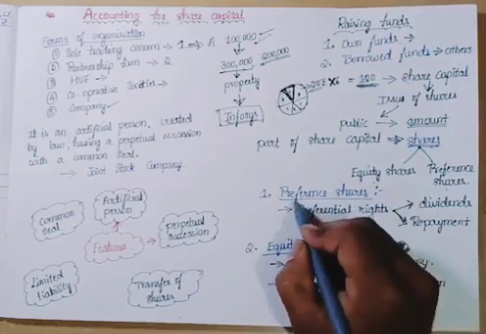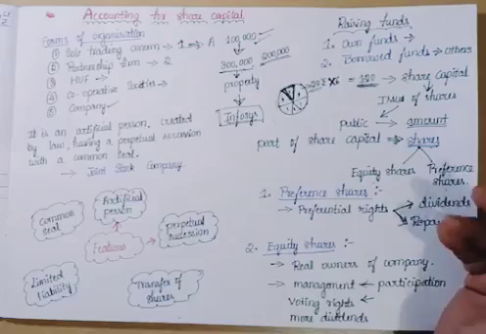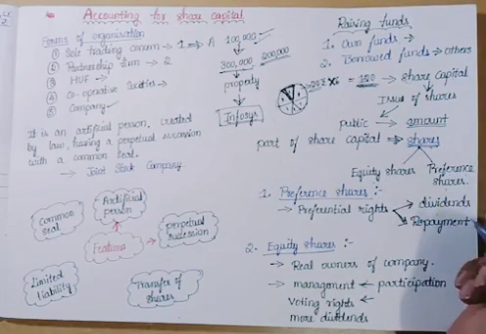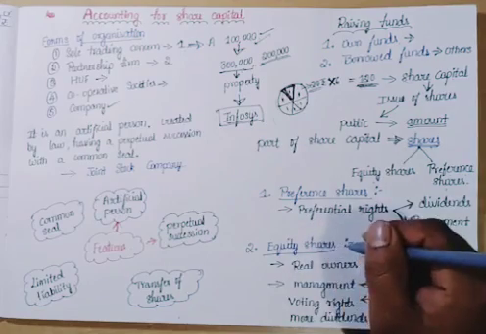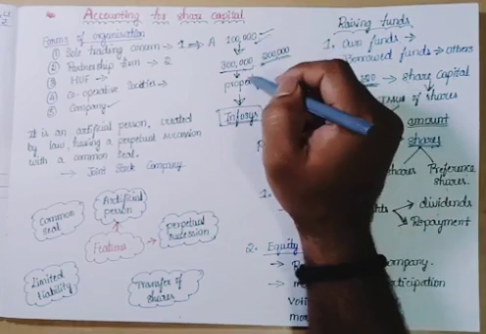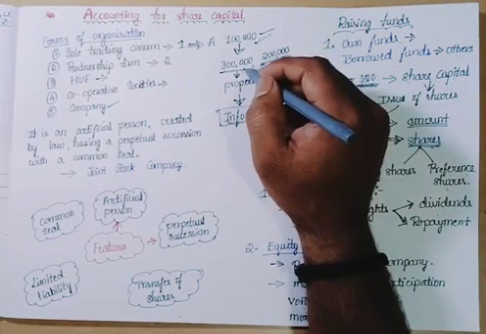But with preference shares, their rate of dividends will usually be fixed. For example, 10% means each year they get 10% dividends on the invested amount. But in case of equity shareholders, if there is 1 lakh rupees of profit, they may receive 1000 rupees. In case there is 2 lakh, they may receive 20,000. If there is a profit of 3 lakhs, they